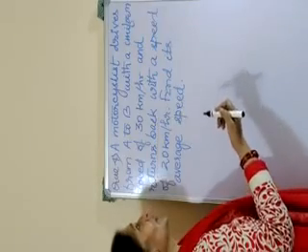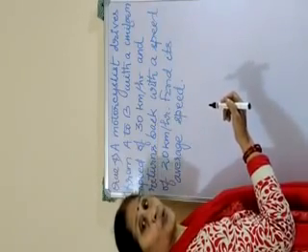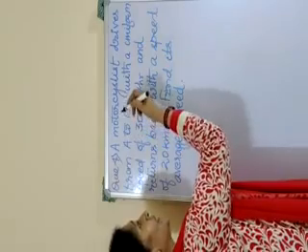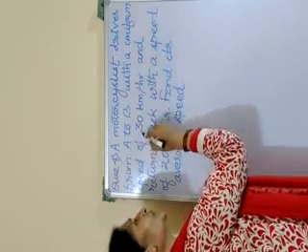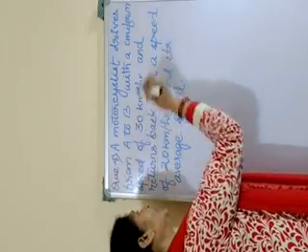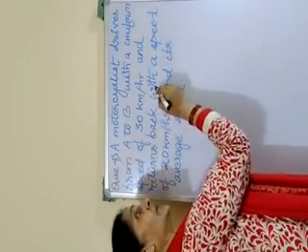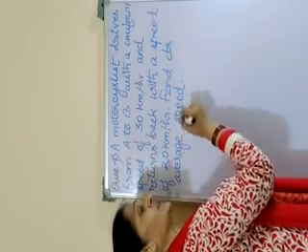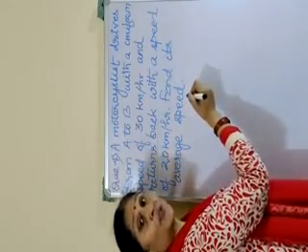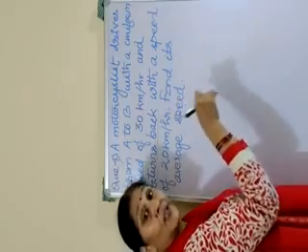Come to question number 4. A motorcyclist drives from A to B with a uniform speed of 30 km per hour and returns back with a speed of 20 km per hour. Find its average speed. Here you have to find out average speed, and to find out average speed we need